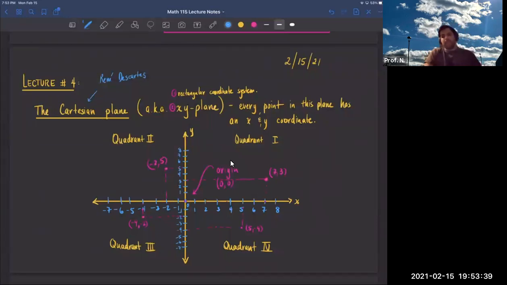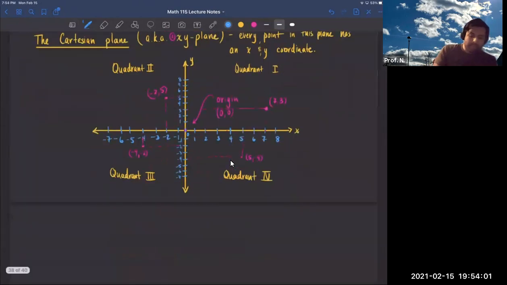So according to history, he's the person who actually had a dream, and he envisioned this kind of system where points can be placed in space and you have certain coordinates that are associated with that point. So that's the Cartesian